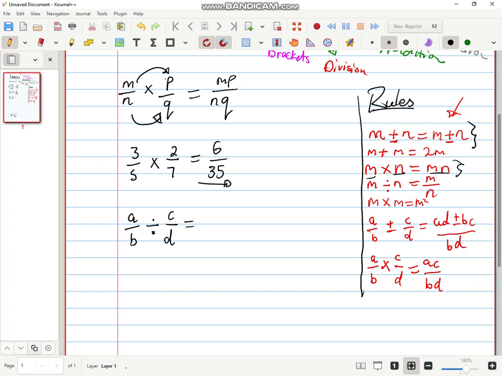So this is the same as a over b multiplied by, so when you have a division, you do what is called a cross multiply, right? You multiply this a and d and b and c, right? So you can do it that way, you're going to get ad all over bd,